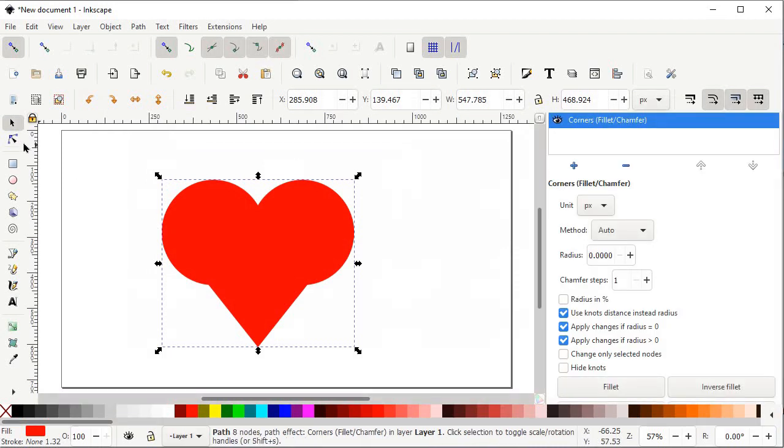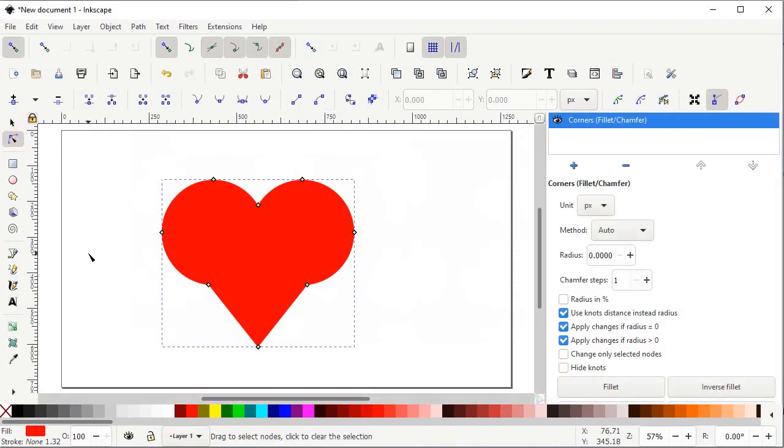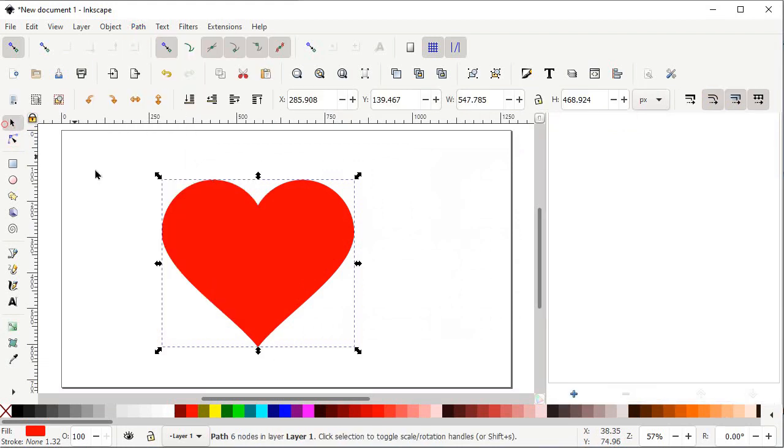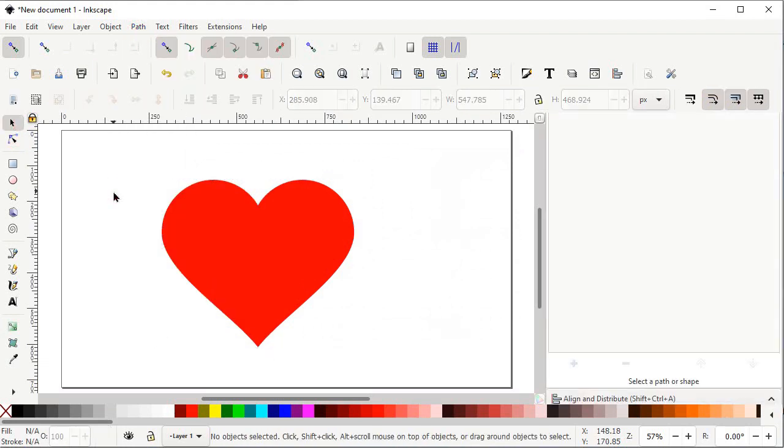Then select the edit path by nodes tool with the left click of mouse, and you can see that green colored nodes are appearing on every corner of the shape. Simply hold down your left mouse button at this node and drag it towards this corner like this. Also for this one like this. Once you are done, then go to Path and select Object to Path. Now this is another design which is my favorite one.